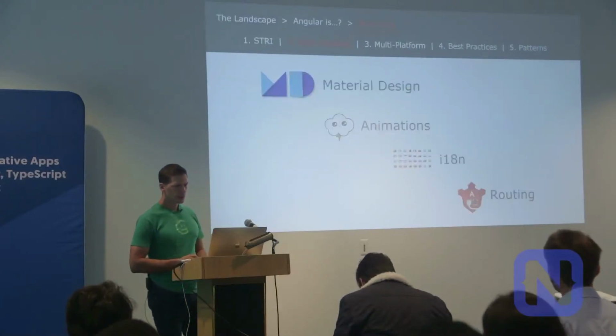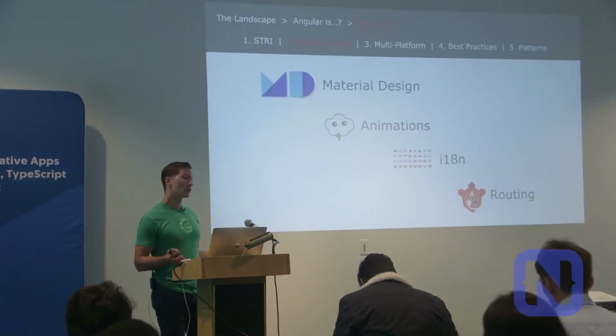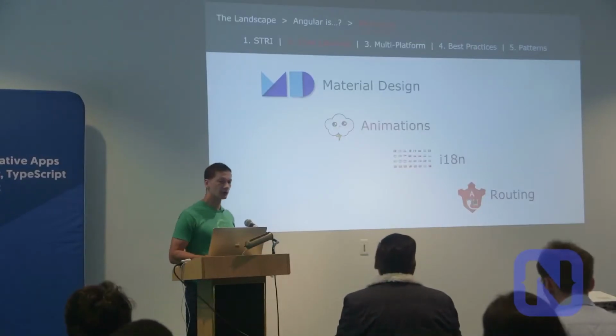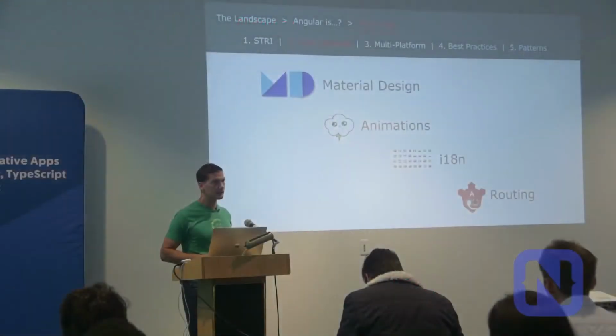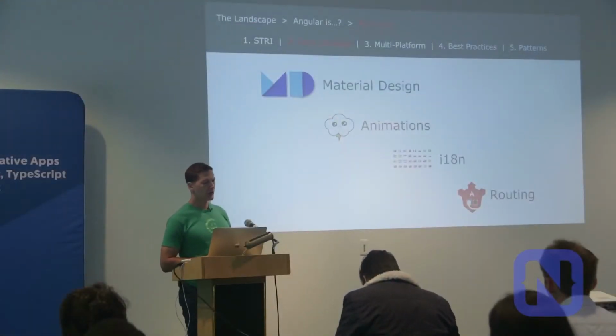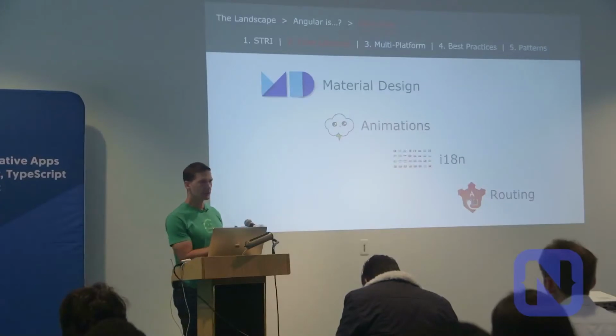And then, an all-in-one framework means that it has everything as part of the core. So in the core of Angular, there are all of these other pieces that help you build an app: material design for UI components, animations, internationalization, routing. Obviously, with something like React, which is focused just on rendering, they have similar things, but there are some that are officially sanctioned as the best thing to use, and then there are some in user land. So it's a little bit more diverse. You don't have 99% of the community using the same thing.